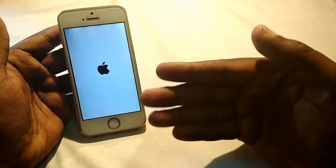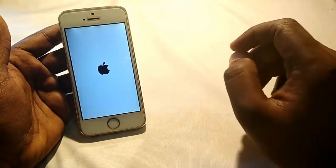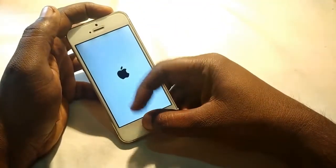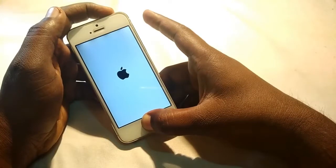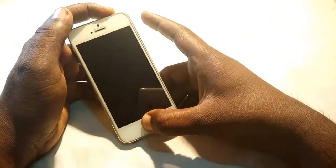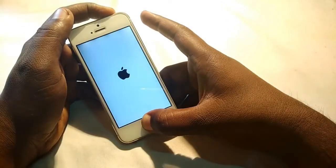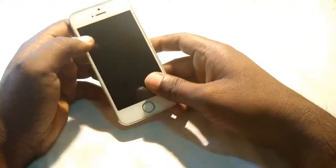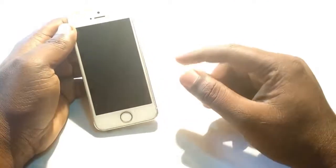So basically it's not a software problem. If you restore your phone, it is not going to fix that. It's a hardware problem. First of all, turn off this phone properly by holding the home key and the power key for 10 seconds. To fix that problem, you require some tools to open the screws, like screwdrivers, a suction cup, and a pry tool to open